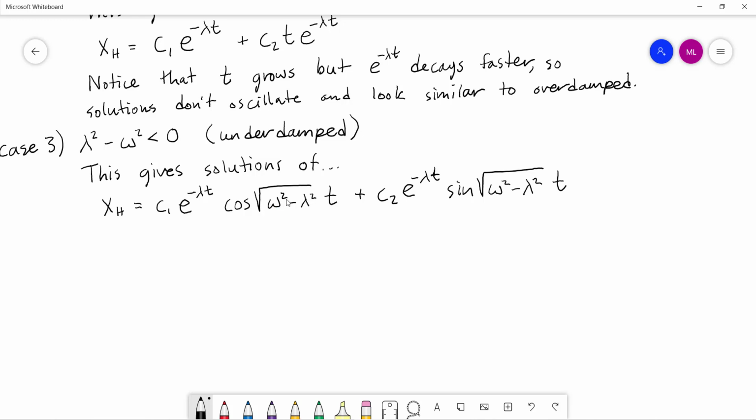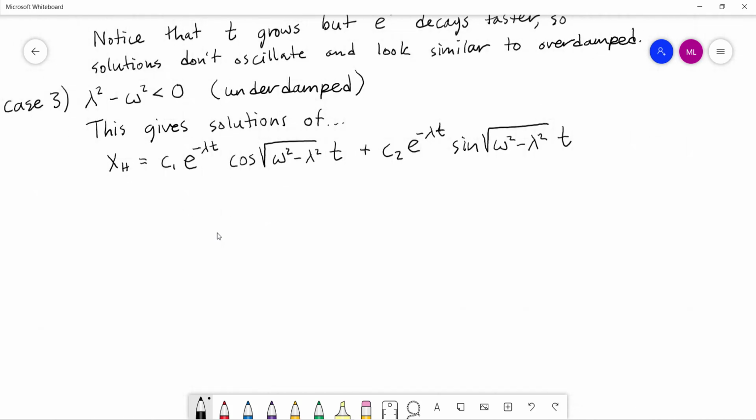Well, if I'm taking the square root of something that's been squared, I would wind up with just cosine of omega t plus sine of omega t. And the C1 and C2 would still be there as sort of the factors in front. So in this case, note, if there's no damping,